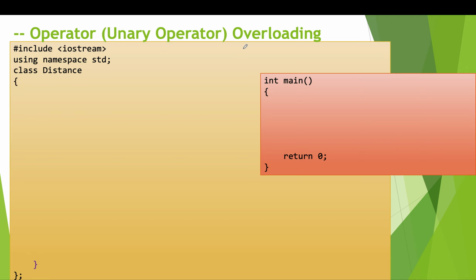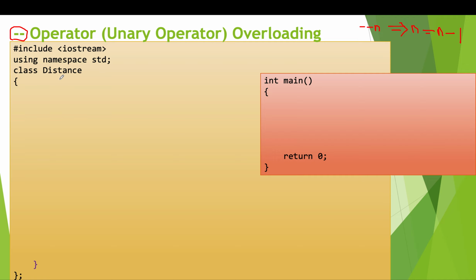Now we'll see examples of operator overloading. The first operator that we're going to see for overloading is the minus minus operator, which is a unary operator. Everybody knows what the minus minus operator is. This is used to decrement the variable by 1. So when we write n-- or --n, what does this mean? It says n is equal to n minus 1. So the meaning of this operator that we knew till now is n equals n minus 1. But now we will see how we are going to change the definition of this operator.